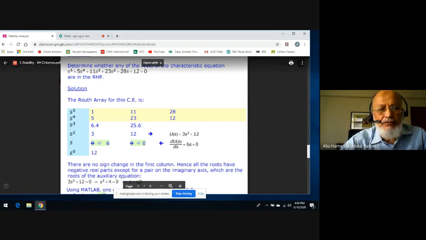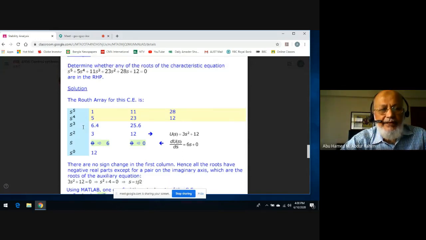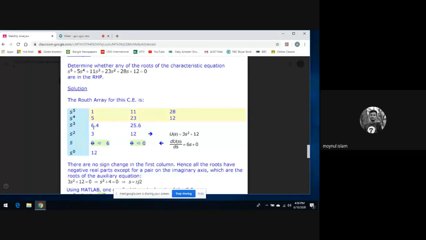We'll make now the rest of the columns. So let's find out. You can do it yourself. I will not do it. This quantity is 6.4. Check whether you got 6.4. And if you do not get it, you turn your microphone on and say that you did not get it. If you do not turn your microphone on, we'll assume that you got 6.4. Yes, sir. Got it.